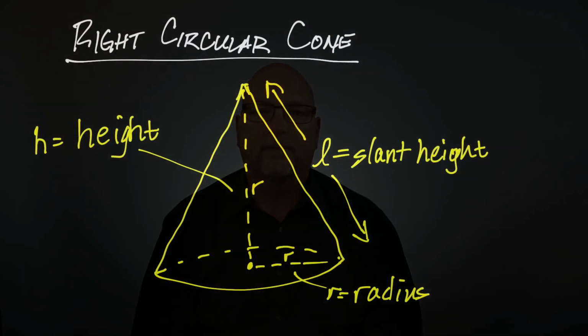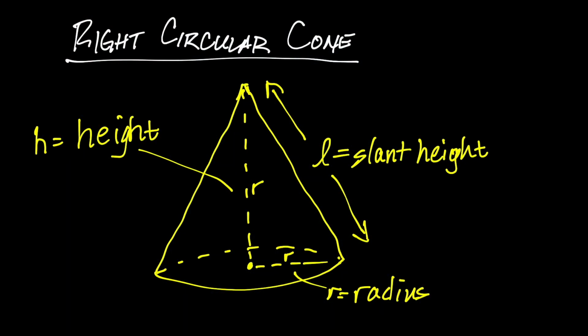So let's start. A right circular cone, that's what we're working with again today. And we're going to be finding the lateral surface area and the total surface area of these things. But first we need to point out a couple of parts. We already know what the vertex is, but that's not used in the formula. What will be used in these formulas are the radius of the cone and height, which I have mislabeled,